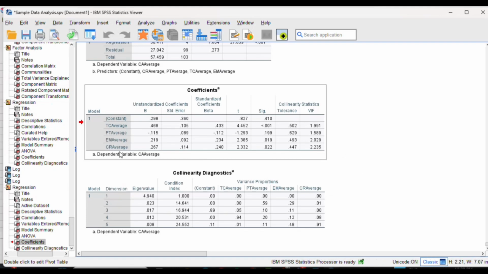And the last one is comments and reviews, which also has a positive and significant effect on shopping cart abandonment. The beta value here is 0.240 and the significance value is 0.022. So this means that negative or concerning comments and reviews may increase consumers' hesitation, leading them to abandon their